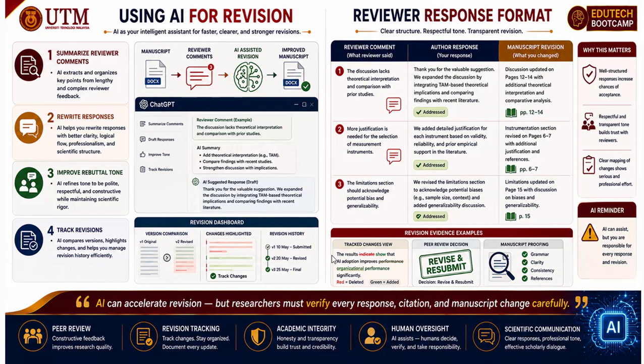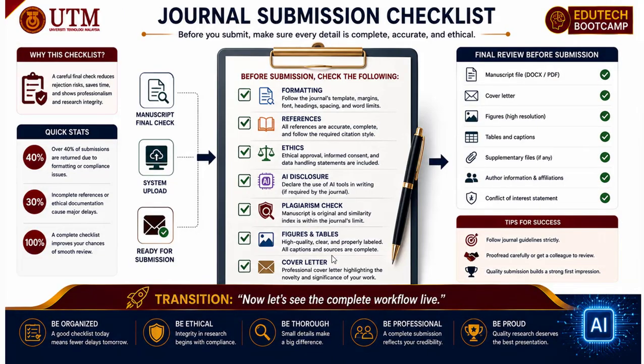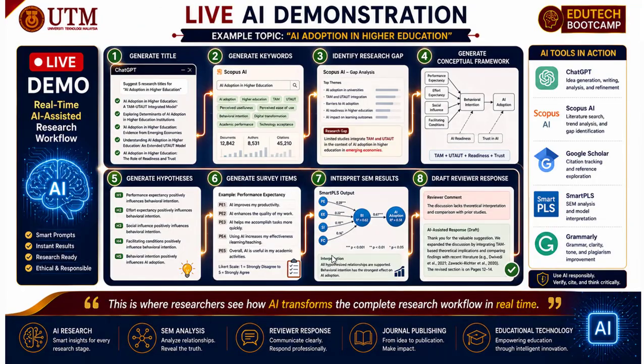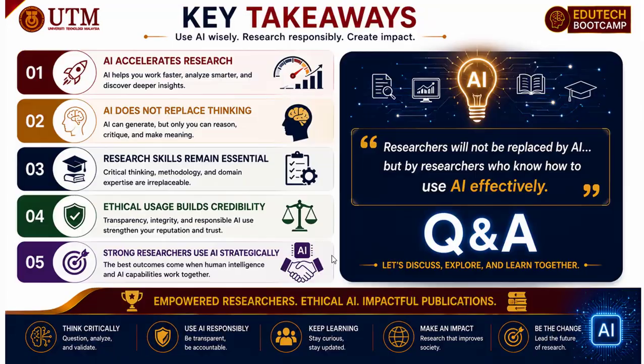This is my message: learn the research skills, how to conduct the interview, how to develop the research questionnaire, how to do content validity, how to perform the analysis, how to interpret even simple demographic information. If you know, then you can evaluate and judge the statements given by AI. Otherwise, it may be hallucinated, whether right or wrong, you don't know, and again it will create a problem for you. Researchers will not be replaced by AI, but researchers who know how to use AI effectively will be.